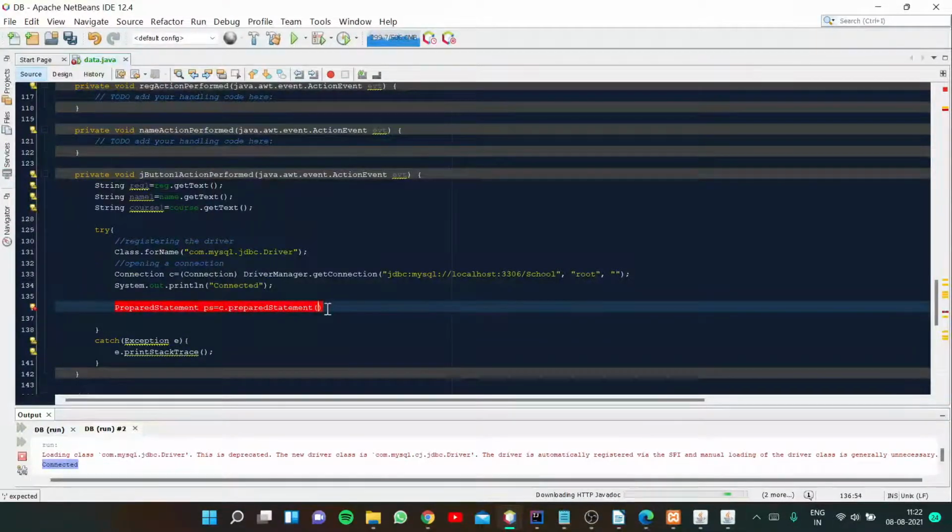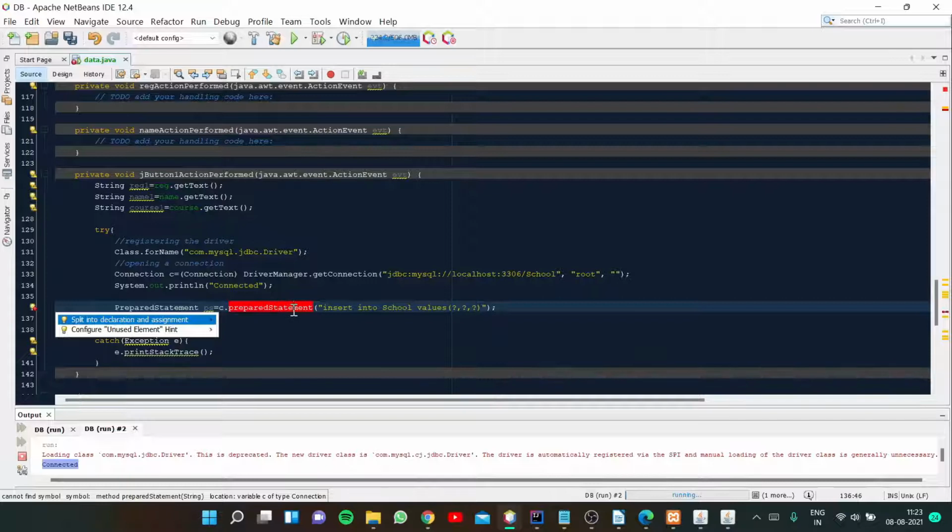So inside this, what's the statement that we are going to give? SQL queries, as you already know, we are going to insert the data. So here we are going to do insert into, we are inserting into the database. What is the table name? School. Insert into school. Then what are the values? There are three inputs. So we are just giving question mark, comma, question mark, comma, question mark. This is the syntax that we are going to use, inserting into the database.